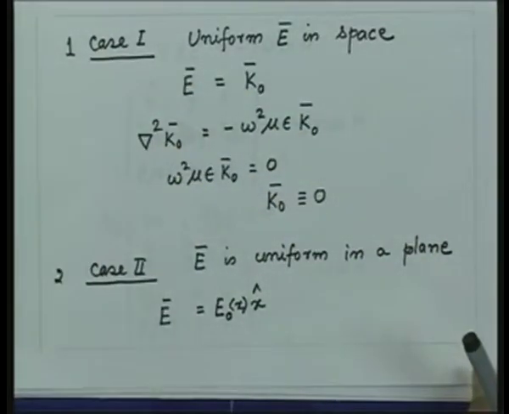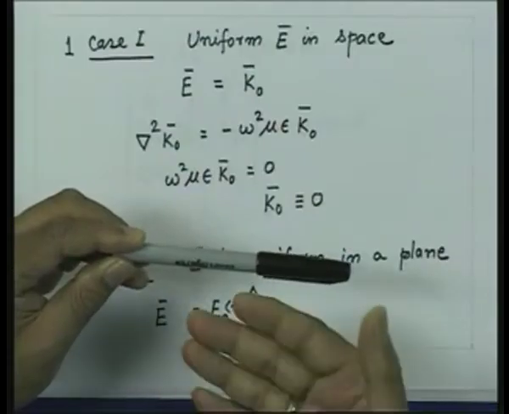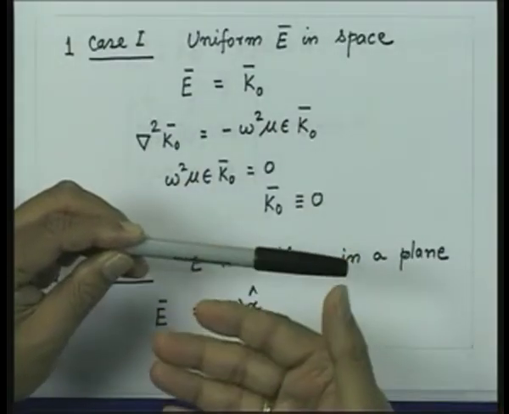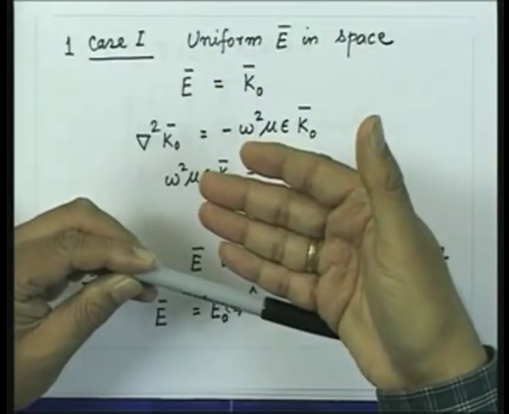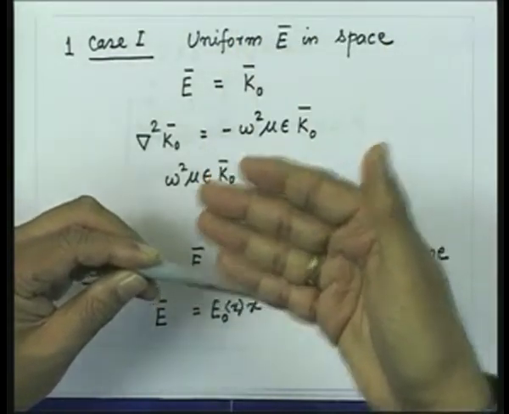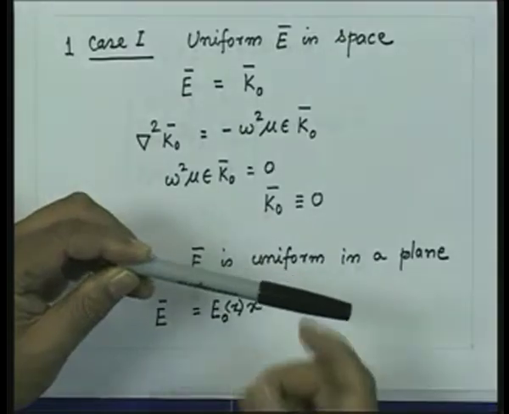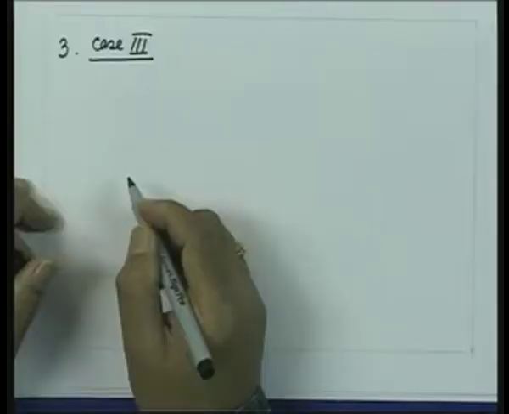So, I can assume now that in the xy plane, the E0 is a function of z only. So, it is constant in the xy plane. I consider this electric field which is x oriented like this, and I assume that this electric field is constant in a plane containing the x axis, that is the xy plane, and it can have variation only in z direction. So, I have the third possibility, case 3,